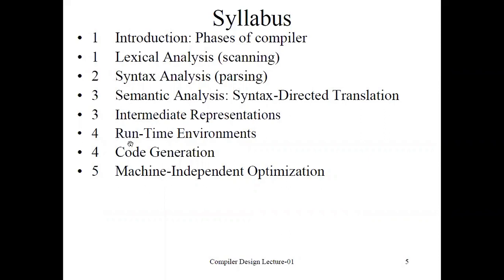In addition to these 6 phases, there are some prerequisite concepts. The runtime environment is going to be covered, which is for organization of storage or storage allocation strategies, and that is dynamic. Then code generation is followed by code optimization. So this is the outline of the syllabus we are going to cover here. Whatever numbers are mentioned, those are all unit names.